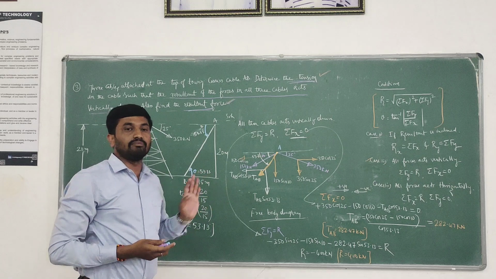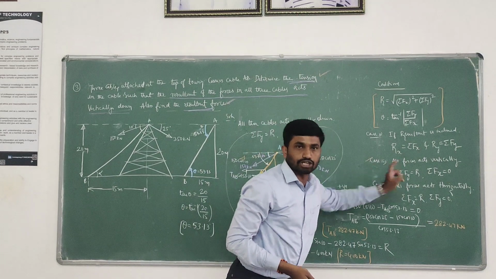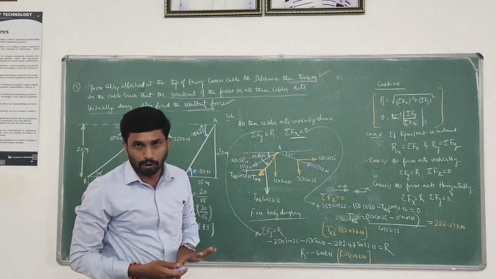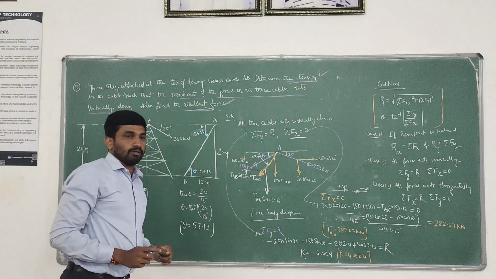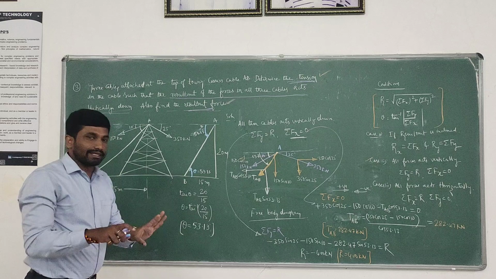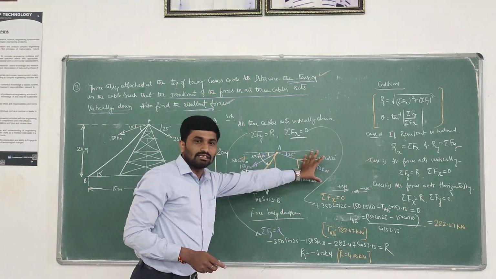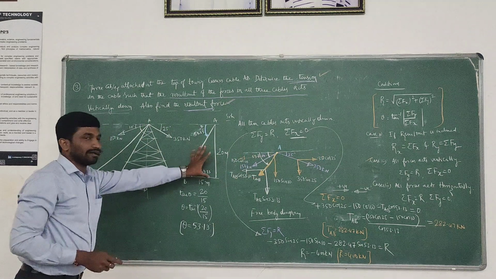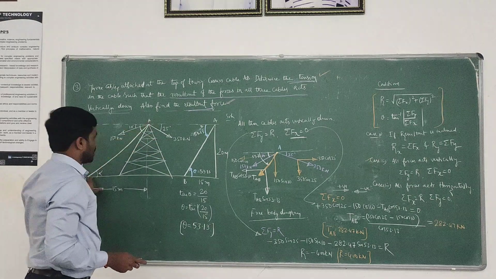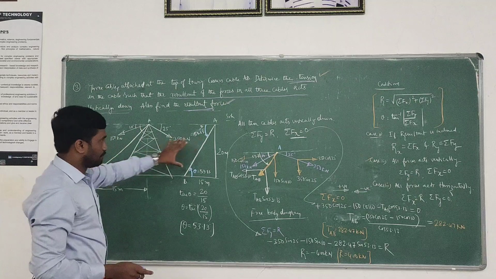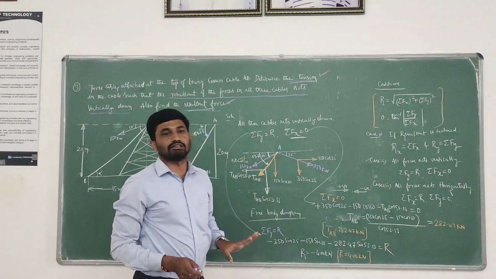So this is a very important problem. For the computation of this problem, we are applying the conditions. It is also related to resolved parts. This is the first variety in module number 1. They will give this diagram. Don't panic. By seeing these diagrams, it's a very simple thing. To get these three forces, we have to use this triangle. One is a direct force, second one is a direct force, the third one is the cable. For the computation of the angle, we take this triangle, compute the angle, substitute here, then resolve using the general principle.